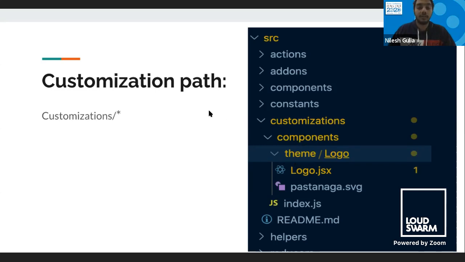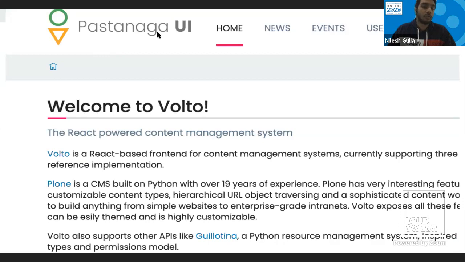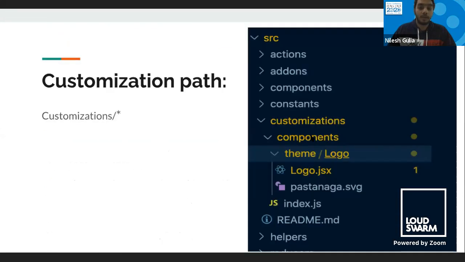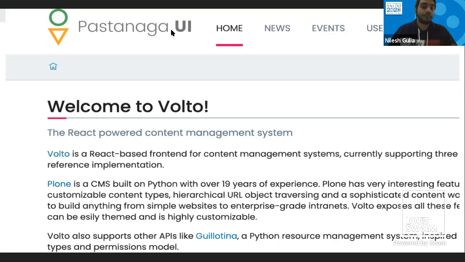So we'll see that the logo component, or any other component, is just a simple component, and we can override any component this way. If we see this, the Volto logo is now replaced by the Pastanaga SVG. So this is how overriding a component via shadowing generally works. We just follow the path and override, and the change takes effect.